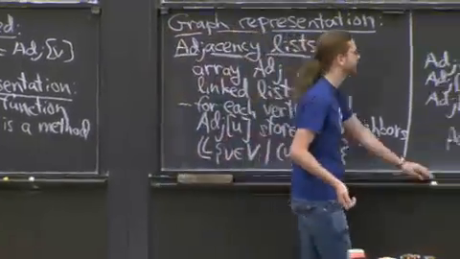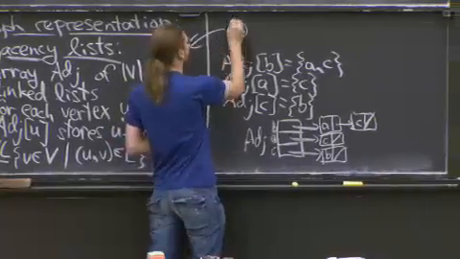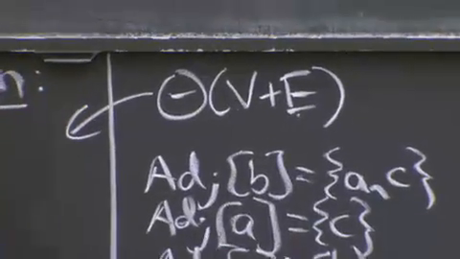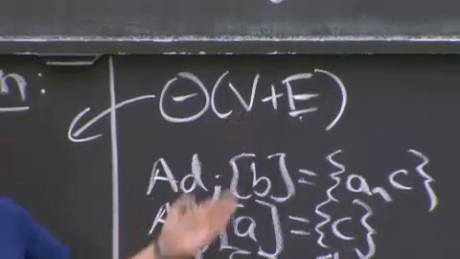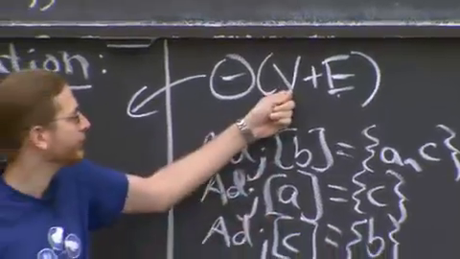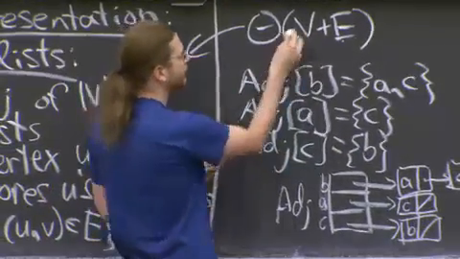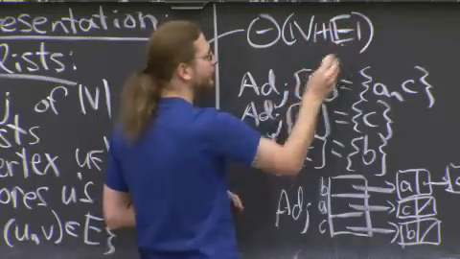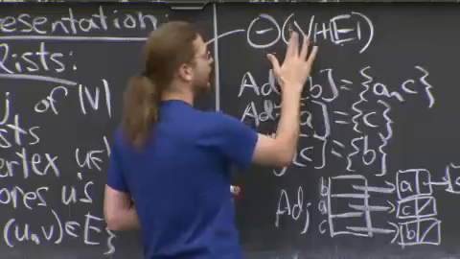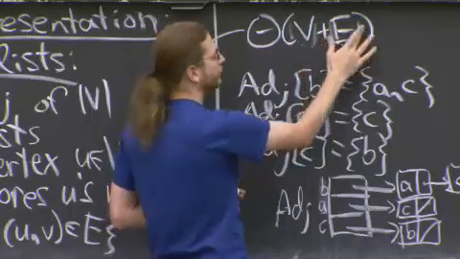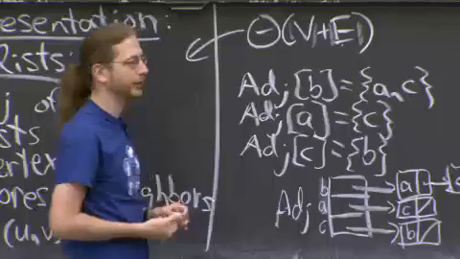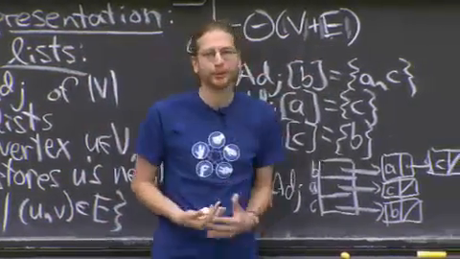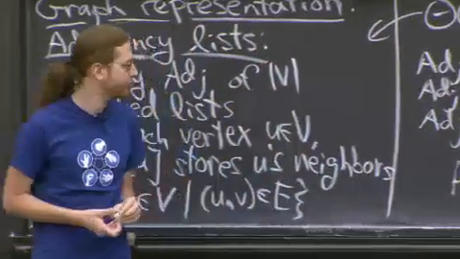V plus E. This is going to be the bread and butter of our graph algorithms. Most of the things we're going to talk about achieve V plus E time. This is essentially optimal. It's linear in the size of your graph. You've got V vertices, E edges. Technically, in case you're curious, this is really the size of V plus the size of E. But in the textbook, and I guess in the world, we just omit those sizes of whenever they're in a theta notation or big O notation. So number of vertices plus number of edges. That's sort of the bare minimum you'd need if you want an explicit representation of the graph.